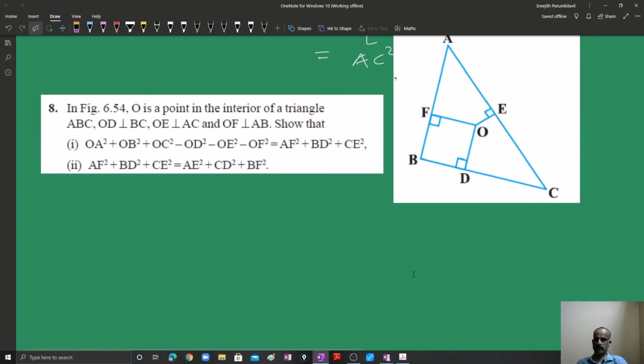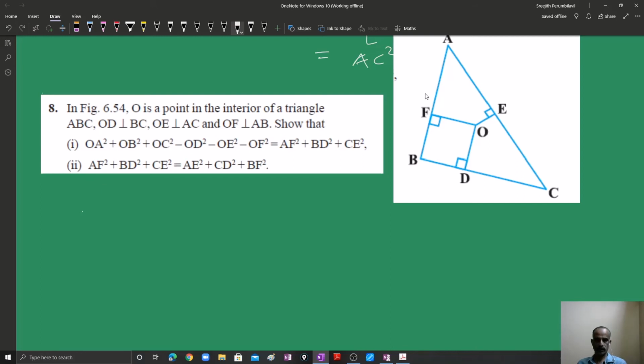In figure 6.54, O is a point in the interior of a triangle ABC. The figure is given that O is a point in the interior. Now show that